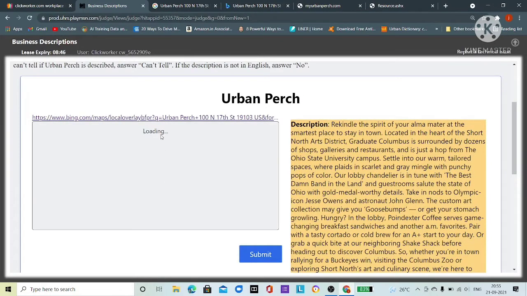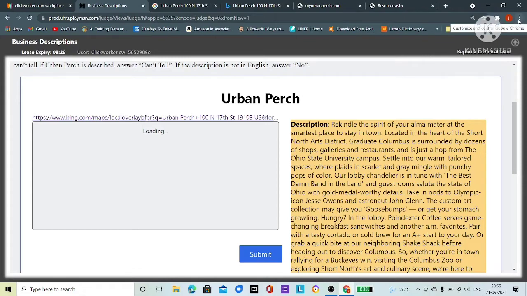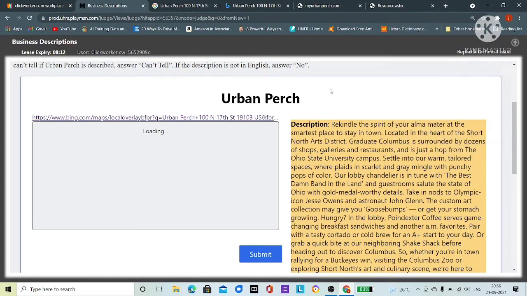Though it is not loading here, to load this link into this pane, you just need to install this one, the UHRS extension from Chrome Store. So first of all you need to install the UHRS extension, and after that you should